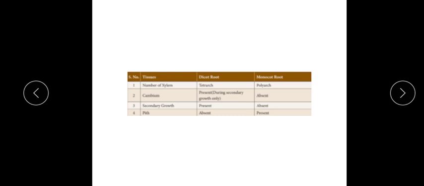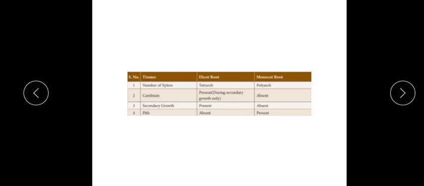4 points are given for you. It's a 2-mark question and many distinguish is there in this lesson. At least one difference between or distinguish can be expected in your exams. So, see to that you write properly. If you have a look, the first comes the tissues as our tabular column. Next is going to be the dicot root. Next is going to be monocot root. While writing, please don't change the order as you like. You are expected to write as given in your textbook.